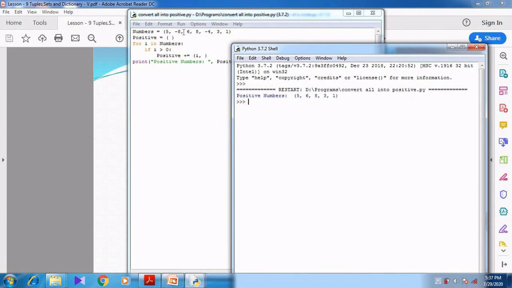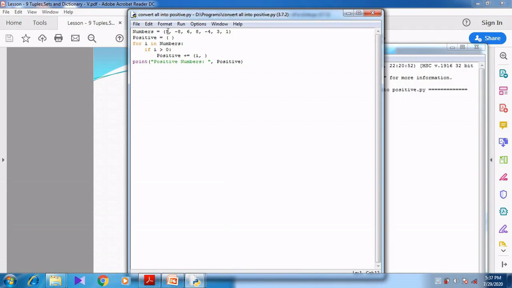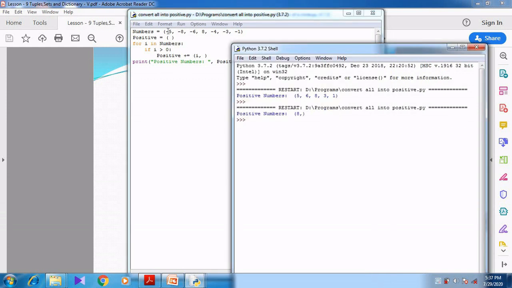For example, if I go with all the negative numbers, minus 5, minus 6, or else just all the numbers can be negative, then what will happen? Control S. I have changed the numbers to negative. Now it shows 8 alone. Why? Sorry, I have not yet changed all the numbers.